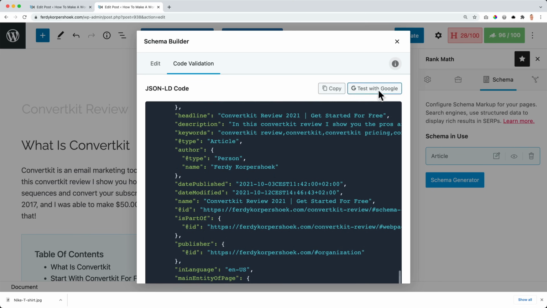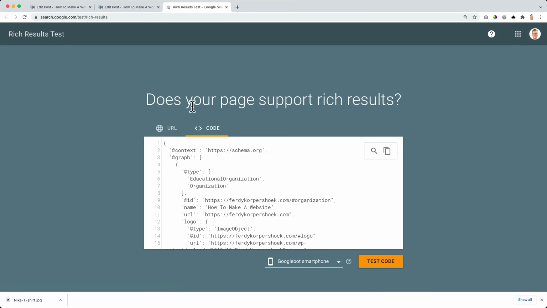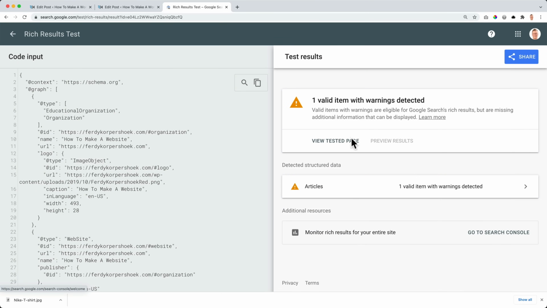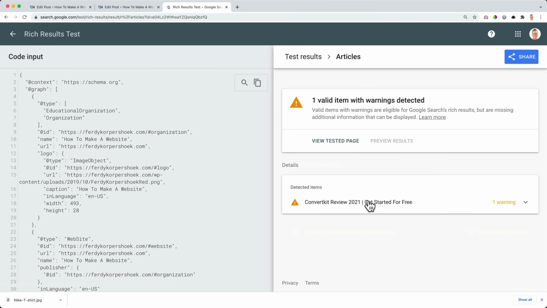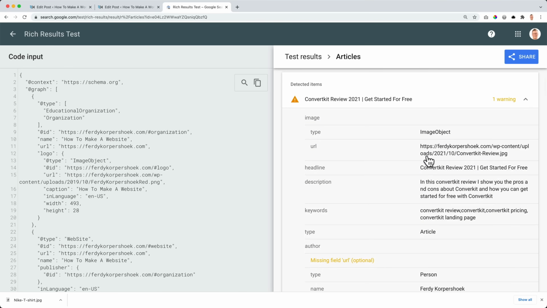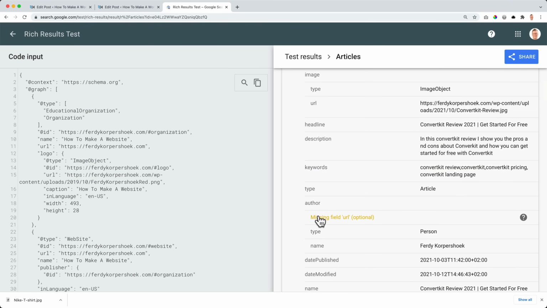I can test it with Google. Test the code. There's a warning: the image object. It's a missing field, the author.